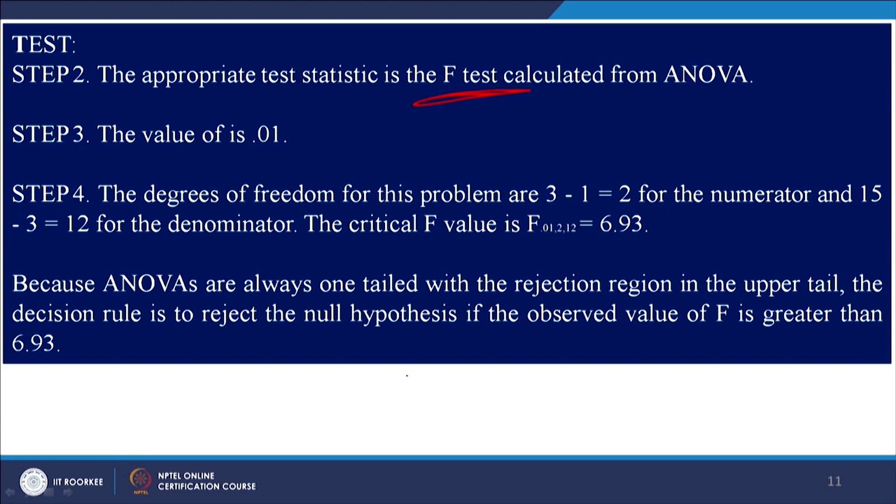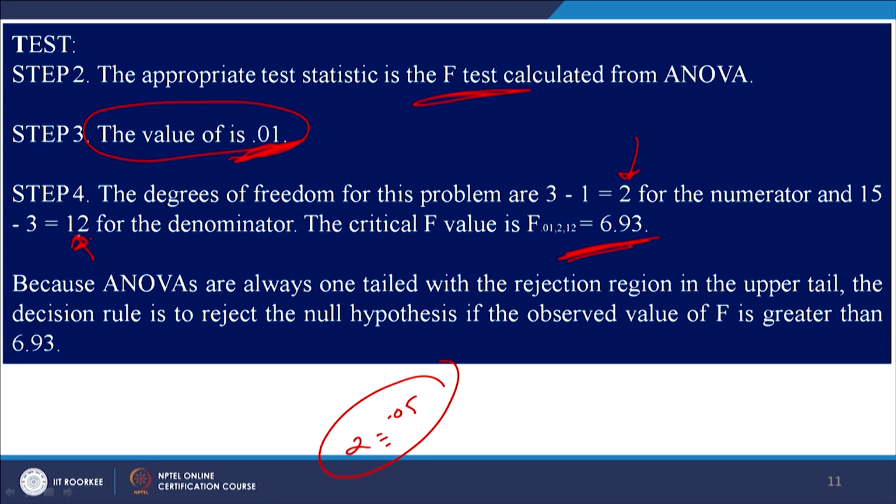Calculate F value, find out table value at 0.01 significance level. Now this is somewhat different from remaining questions we have solved on ANOVA. Here alpha is 0.01, in our earlier cases it was 0.05. So here you will have a different table, different F table for alpha is equal to 0.01. So we will look at that table and that value at 2 degrees of freedom numerator and 12, right, 12 degrees of freedom denominator, right.